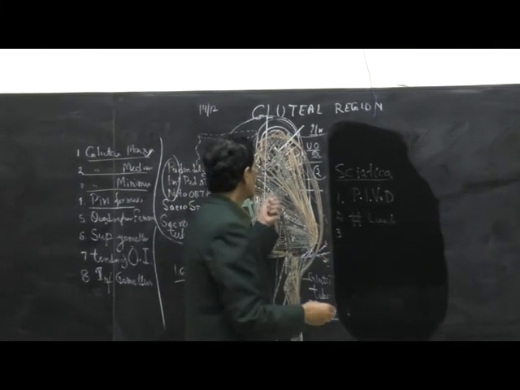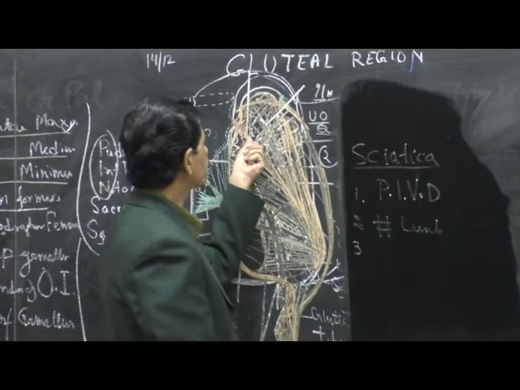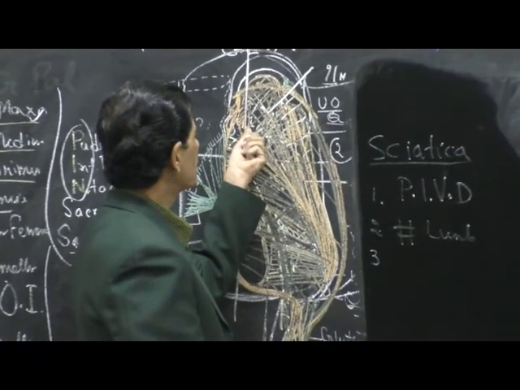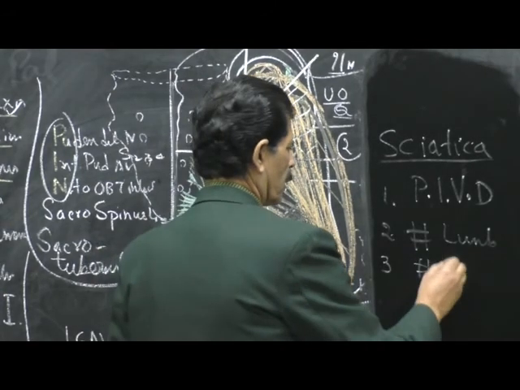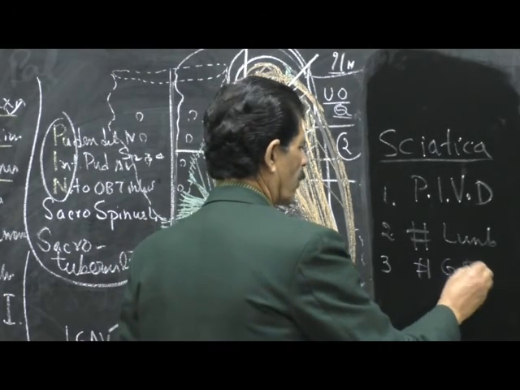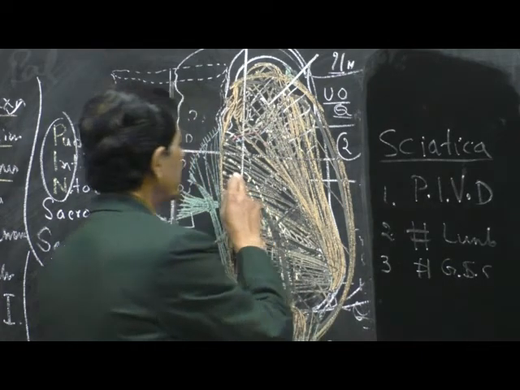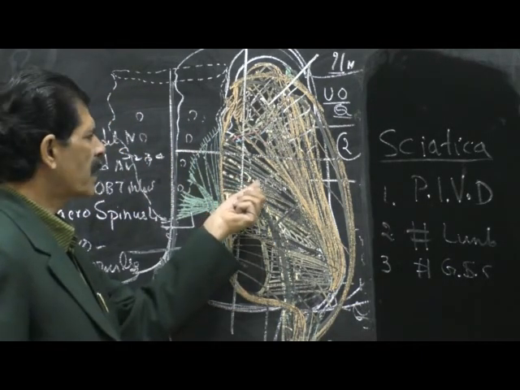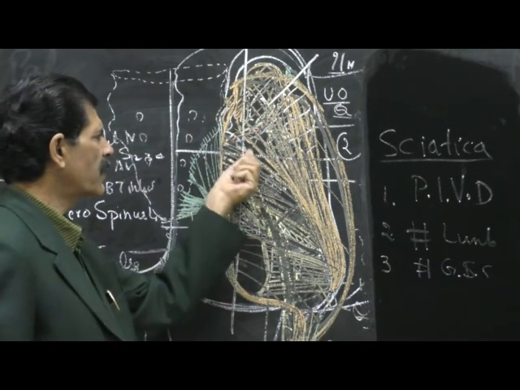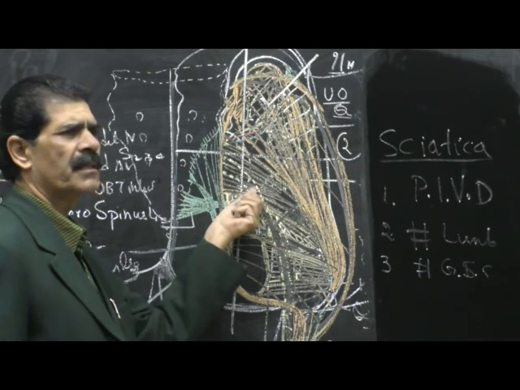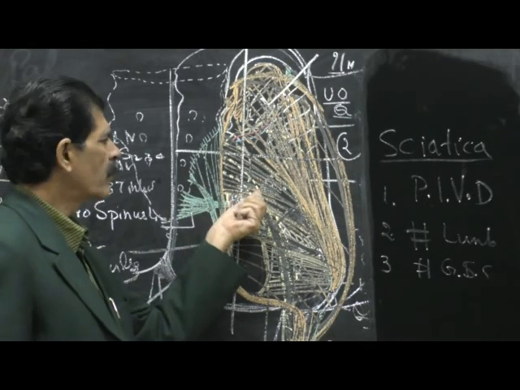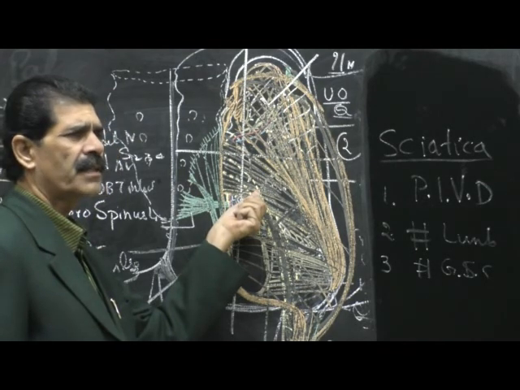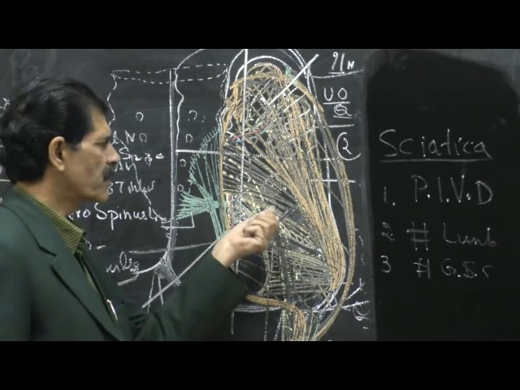Or there may be fracture of the greater sciatic notch. As you know, the greater sciatic notch is touched by the sciatic nerve. So accidental injury, fracture of the greater sciatic notch, can damage the sciatic nerve. Or fracture of the ilium bone, on the dorsal surface where the sciatic nerve touches, may also damage it.